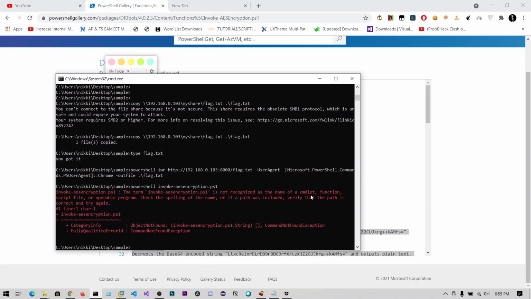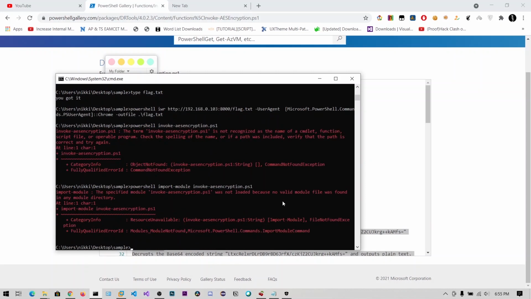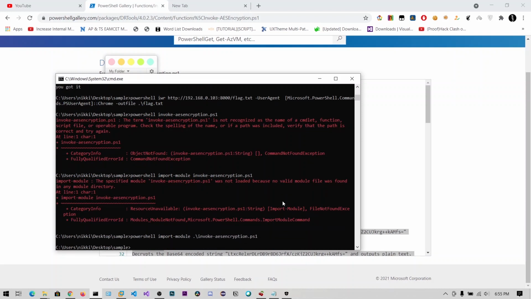It is not recognized as a name of the commandlet. So you need to PowerShell import module. Okay, now it has been imported.